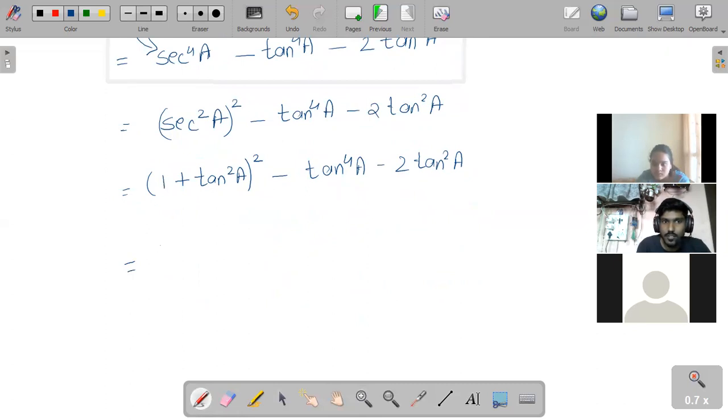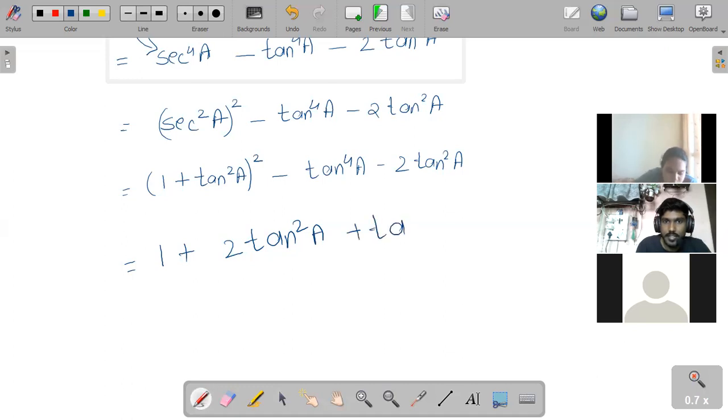No, here a square is 1 plus 2ab. So a is 1, b square is tan square a. So you don't take 1. It will be multiplication, not 2 into 1, it will become multiplication, 2 into a into b. Yeah, so 2 into 1 is 2 and then 2 plus 1 will be 3, right? No, why 2 plus? No, you cannot add it. You will have tan square a